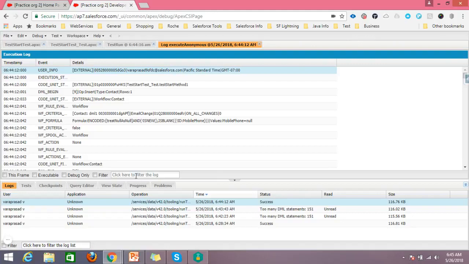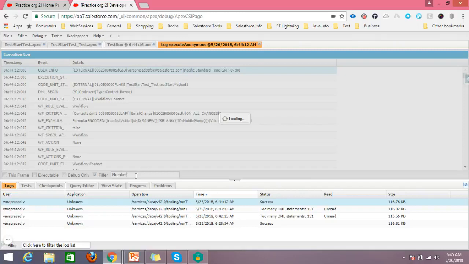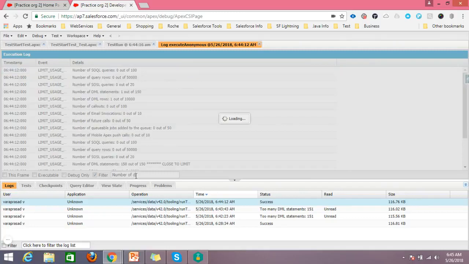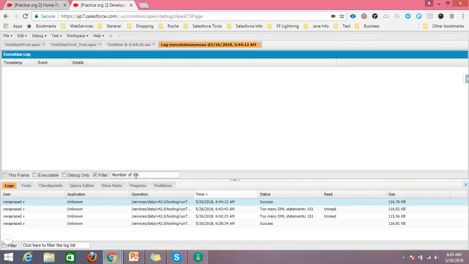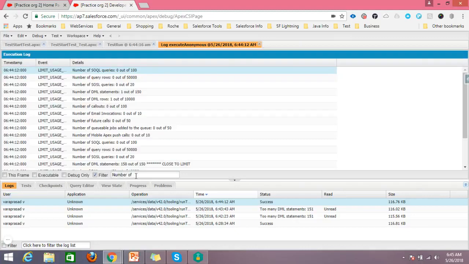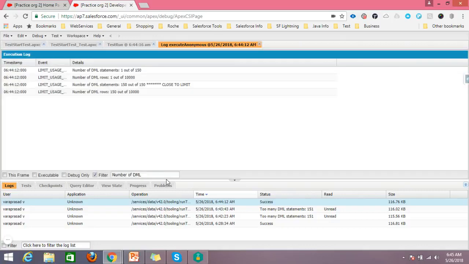So now I will check the number of DML statements. Here we can see we are calling it in start test and stop test, so it is separated and has its own governor limit.